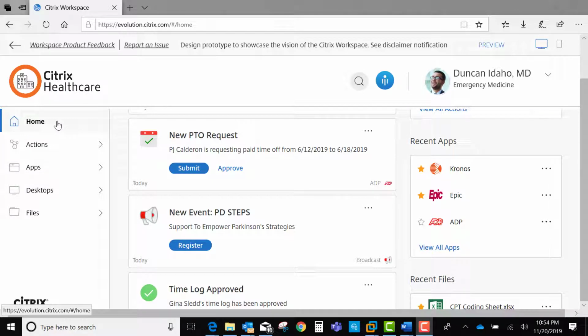To summarize, Citrix Workspace with Intelligence is centralizing all of my access to my files, my desktops, and my applications, and in addition giving me a media-like feed that gives me information that I've requested or tasks that I must complete, such as approving expenses, approving time off, that sort of thing. Having all this functionality centralized in a single area where I can take actions on tasks that I must complete, where I still have access to my applications, my desktops, and my files, make my job easier, and they make